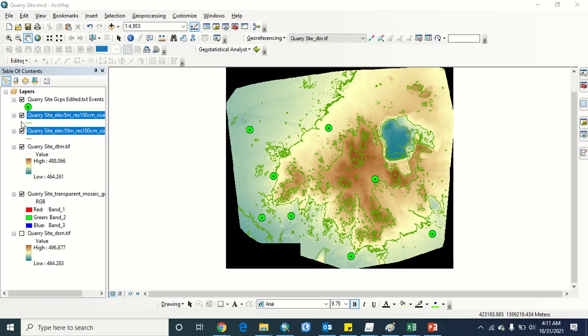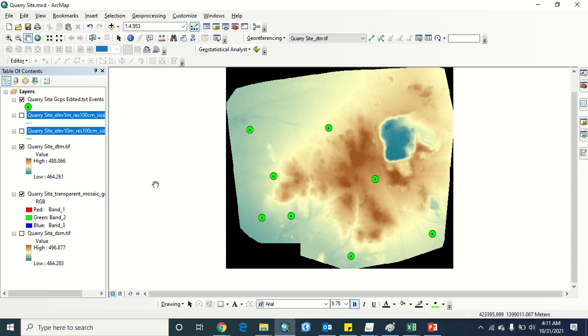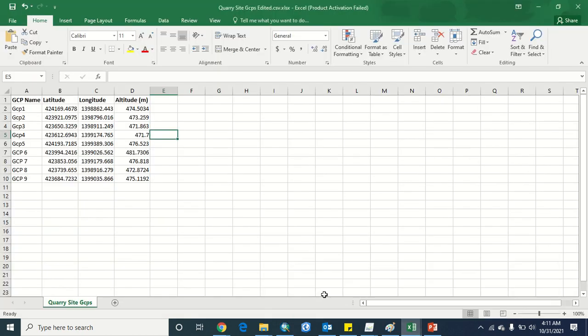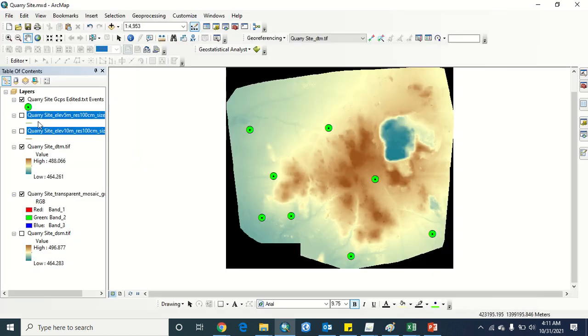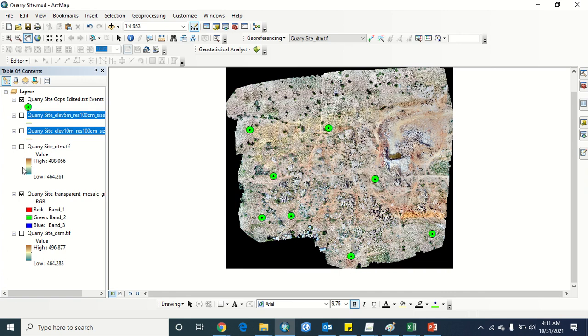Alright, so here is going to be how accurate the data of the drone is, the one we captured recently. Very, very accurate, compared to the ground control points. So here are the ground control points we picked on the field. There's the latitude, the longitude, and there's our altitude. They are in meters, and so far we have the digital terrain model, and we have the orthophoto, and we